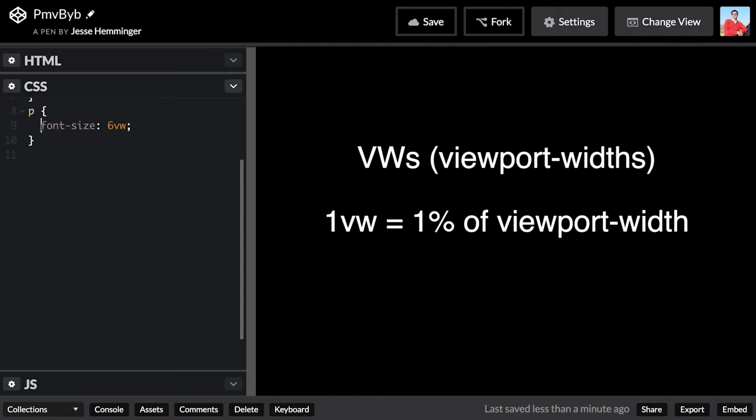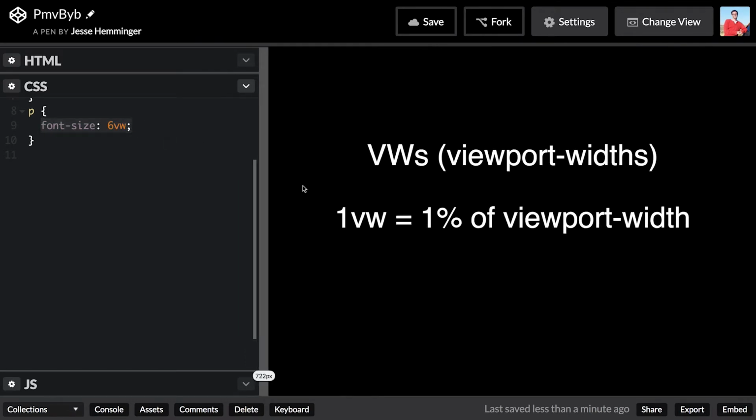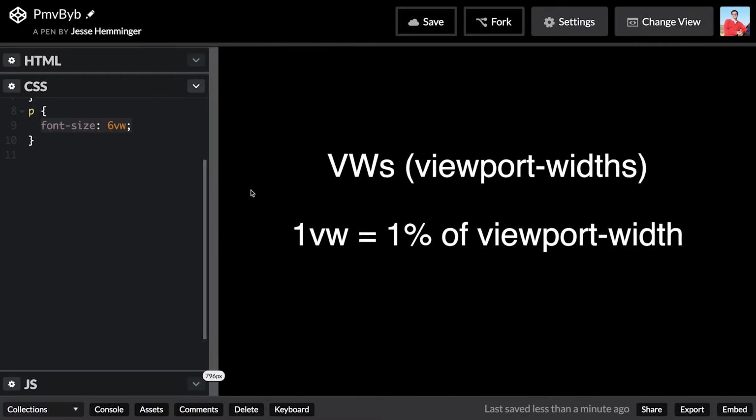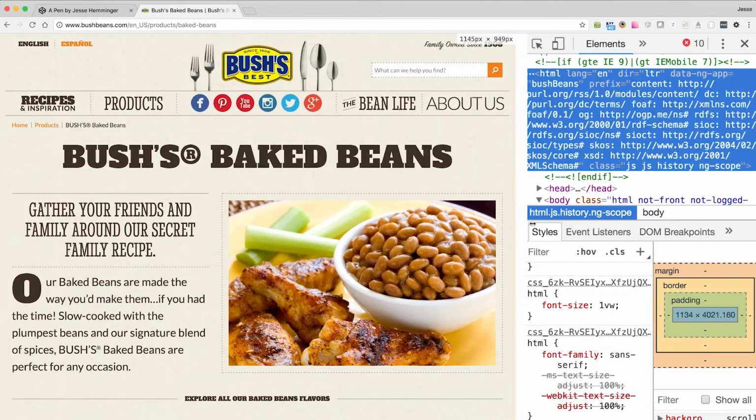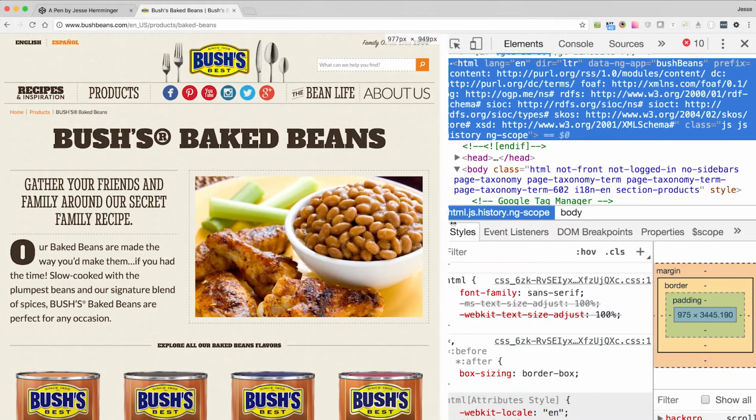The basis of fluid typography is the new VW CSS unit of measure. 1 VW equals 1% of the viewport width. This allows us to set the font size as a percent of the viewport width, so the text will scale with the viewport. Set everything in VWs: font size, widths, heights, margins, paddings, positions, etc., and you get a website that is fully fluid. The entire layout scales with the viewport width, as if you were zooming in and out